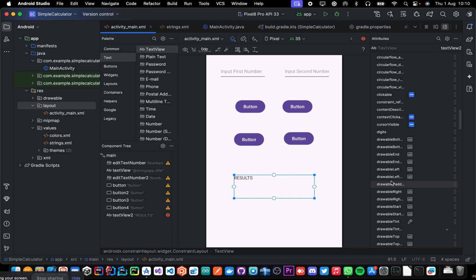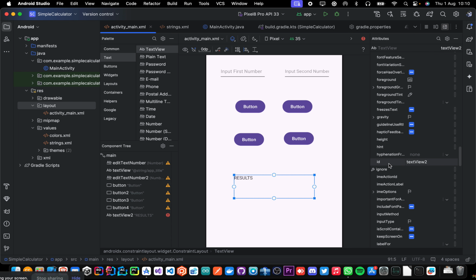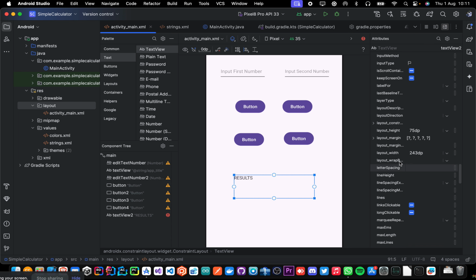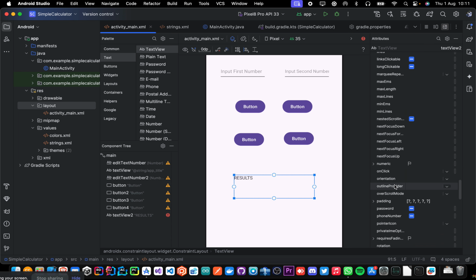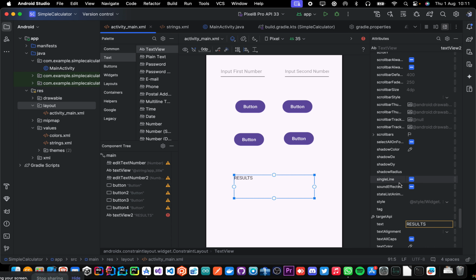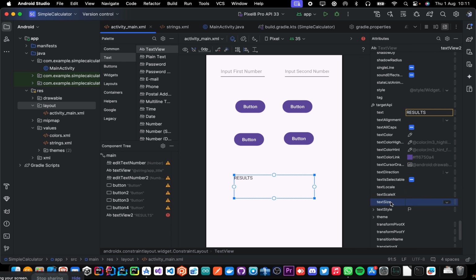Now this will give you everything you can do with this text. If you want to change the ID, if you want to change the input type, the font size, if you want to add an on-click. So what I want to do, this is the text, text size is here. So text size, I want it to be bigger, so I can scroll and see 24 sp. I can change this to something like 40 sp or 50 sp,